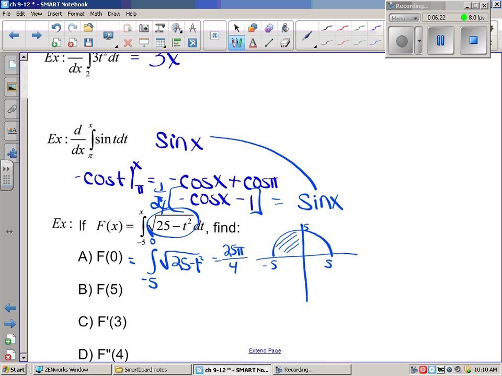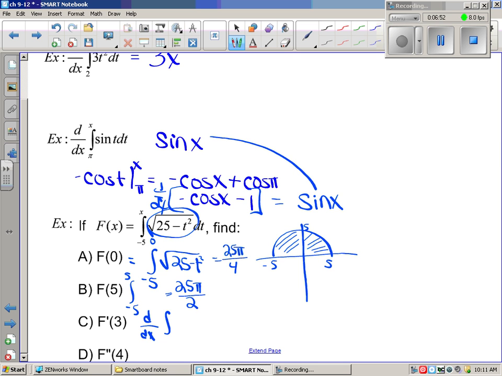Well, this says F of 5, which would mean instead that you're doing the integral from -5 to 5. So instead of being a quarter of the circle, it's only half a circle. So hopefully I can quickly answer that for you with 25 pi over 2. All right, well, now it wants the slope at 3. And so it helps to recognize that fundamental theorem that we just talked about, the second fundamental theorem of calculus. The derivative